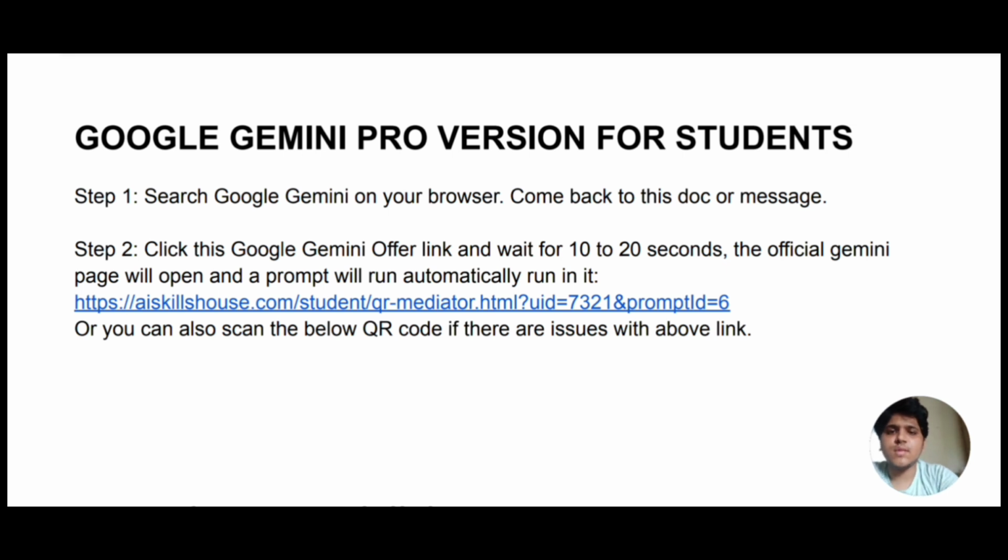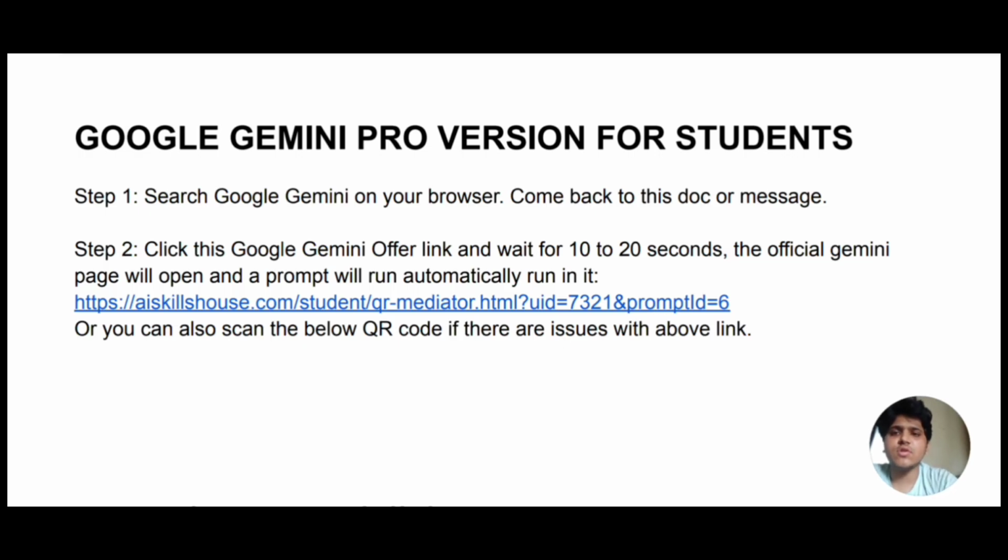Yes, so now this is the complete documentation of how you can get Gemini. It will be provided to you, no issues. I'm just explaining it. So firstly, the first step in order to get this subscription is to search for Google Gemini. You have to go to your browser, except the Brave browser, because there it is not working currently. So you have to go to the Chrome browser or something like that, and type Google Gemini. There is no need of signing up or login. You just type Google Gemini, click on the first link, and you are on the page.